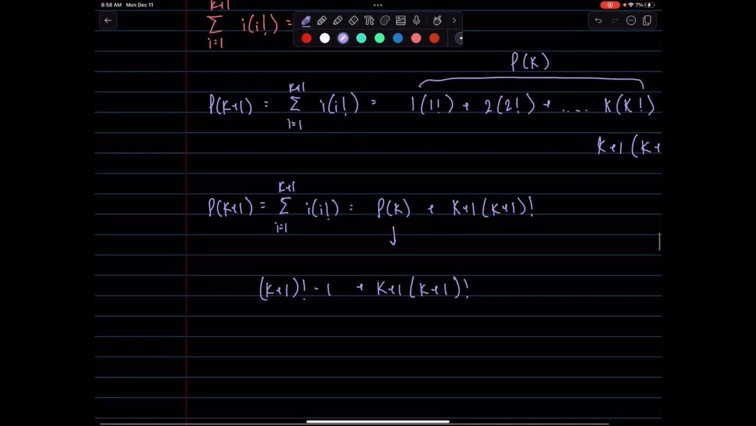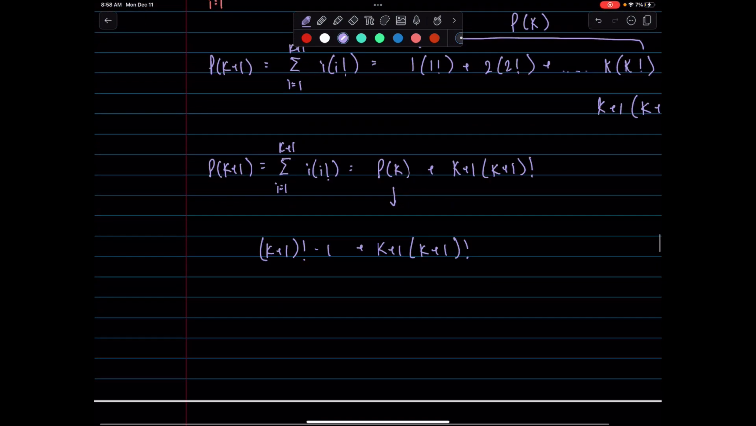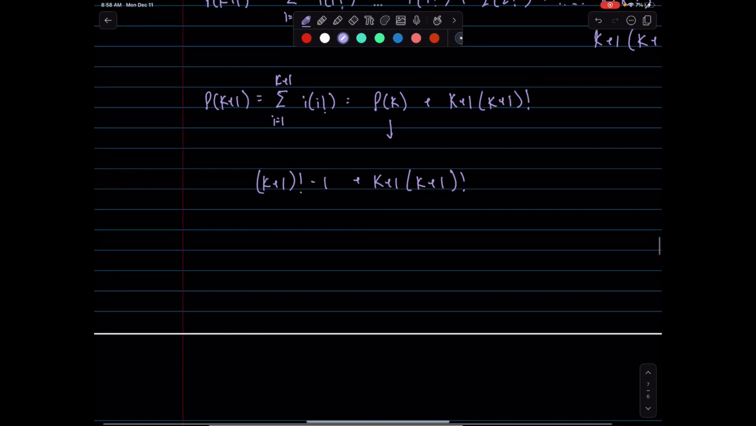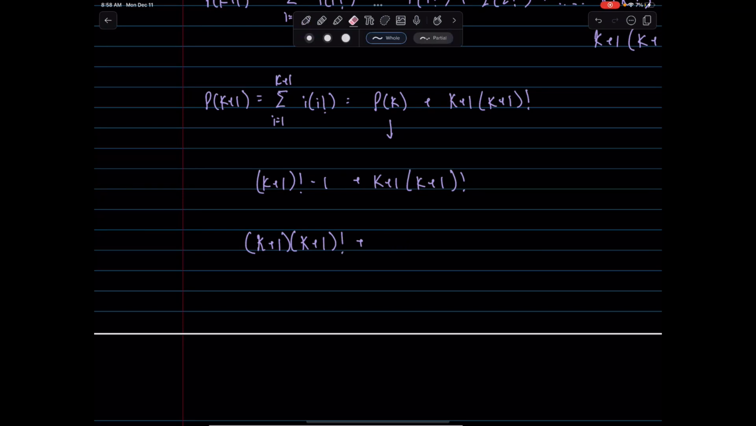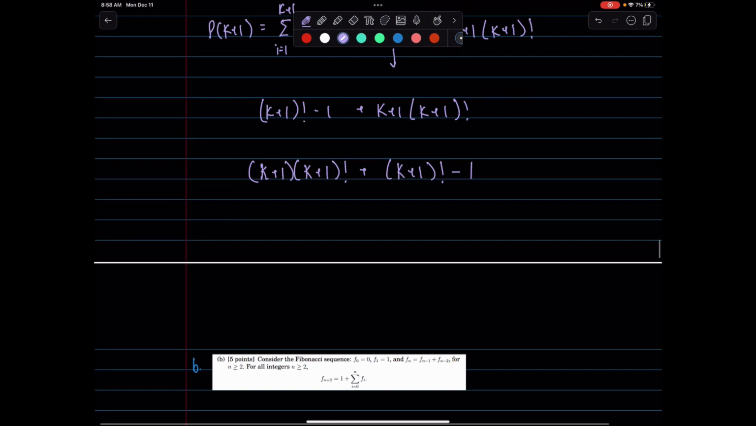So let me just do some rearranging. I'll put the right-hand side on the left-hand side. Just some rearranging. Okay, so from here,